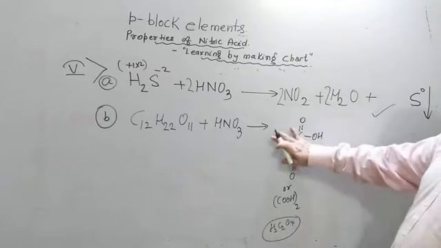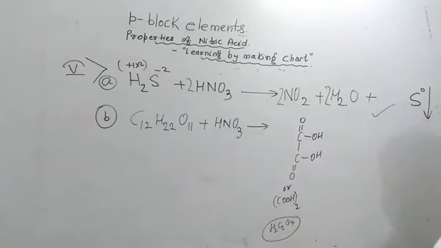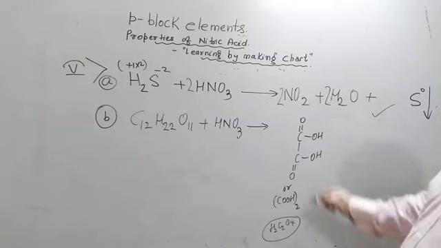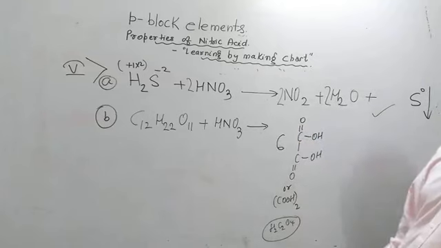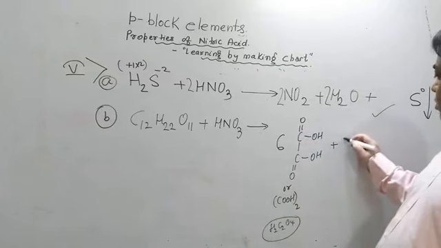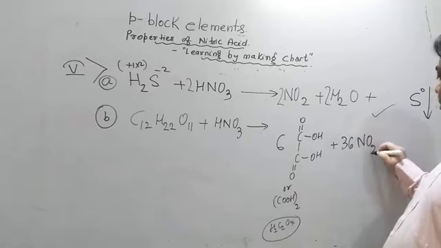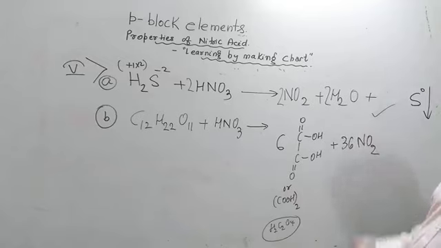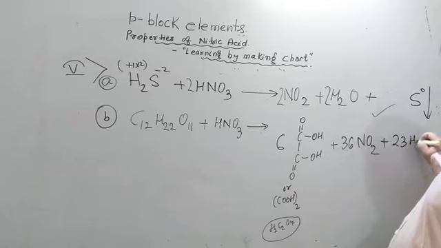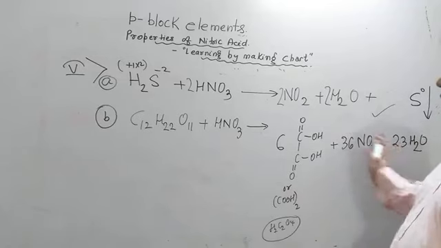It is found in tomato. Although in tomato seed it is found, and in tomato salicylic acid is also found, this acid is also found. Oxalic acid is found in the seeds of tomato and in guava. In unripened guava, you will find that oxalic acid is there. So 6 molecules of oxalic acid will be formed, 36 molecules of NO2 will be formed, and 23 molecules of H2O will be formed. Accordingly, we will balance this side.